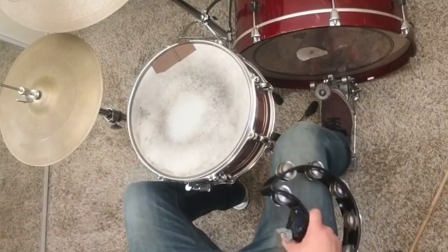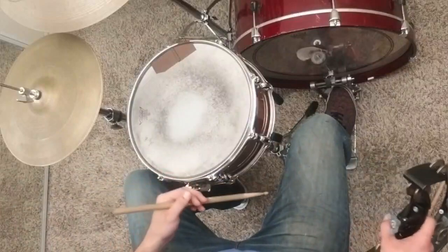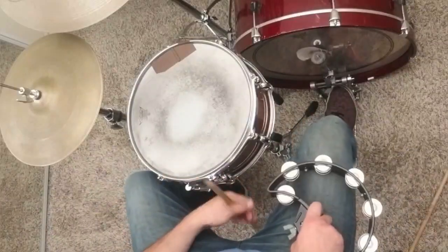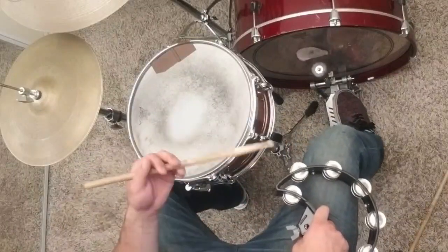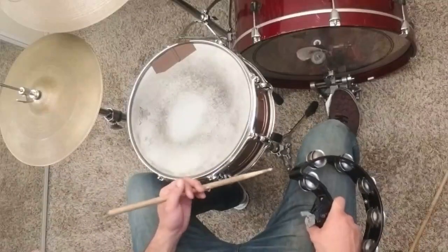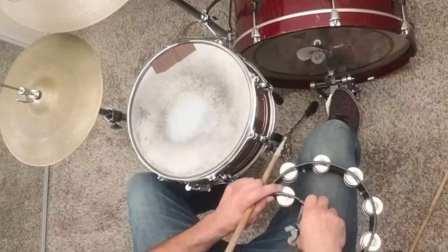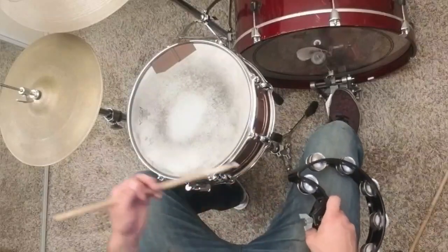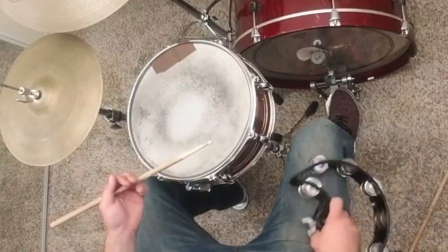Okay, so now let's add that with the hi-hat and the tambourine, all right? Now we're going to do, again, at a slow tempo. This is going to be very slow, but we're going to speed it up later. Okay, so here's what it sounds like, the hi-hat, the left hand, and the tambourine together. Again, just for this tempo, just focus on getting those quarter notes with the tambourine. They'll turn into eighth notes later, I promise. All right, so here we go. 1, 2, 3, 4...